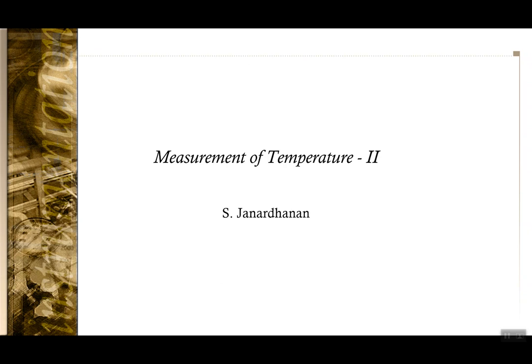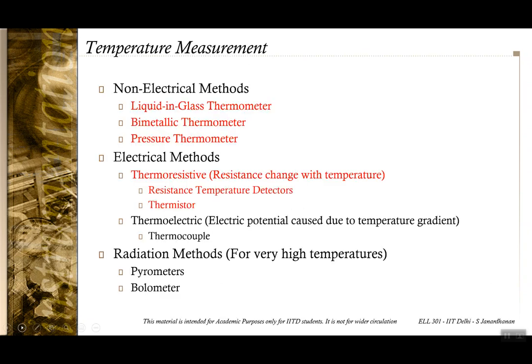Good morning. So, this would be the second lecture on the topic of measurement of temperature. In the last lecture, we had seen a few types of non electrical temperature measurement devices, like the liquid in glass thermometer, bimetallic, and pressure thermometer, which use a Bourdon tube. We have also seen one electrical